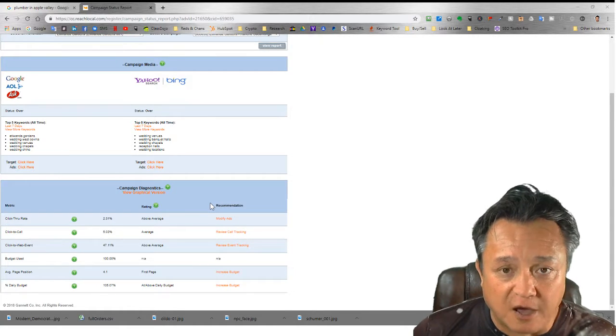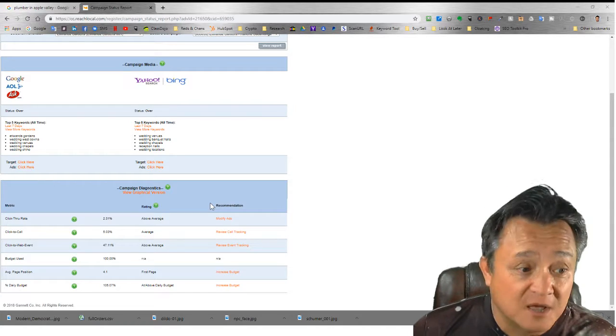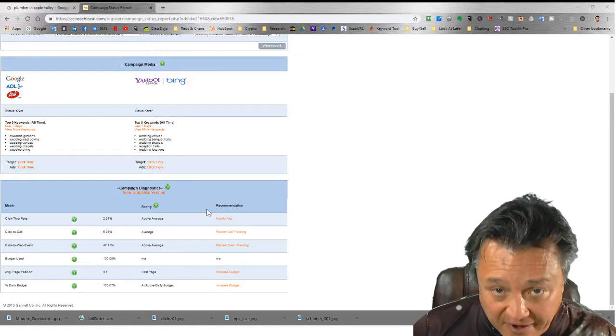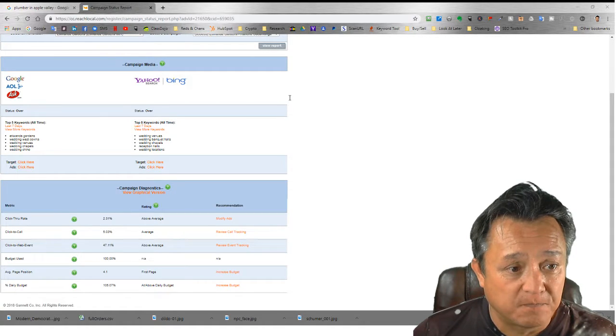So it saves a lot of research, a lot of money for my clients, because this data here could easily cost a couple thousand dollars just to research. Now I've got data right here, and I'd be able to get it with just a click of the button. So anyway,